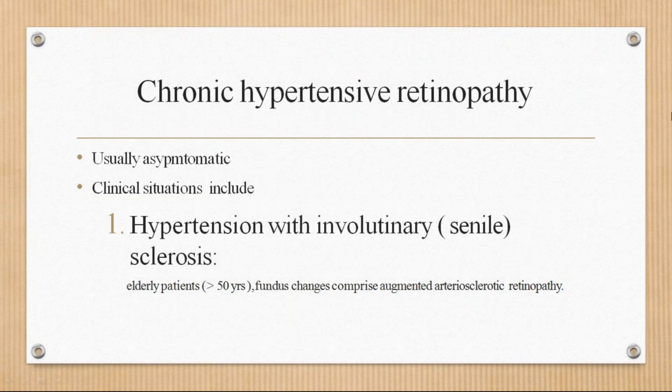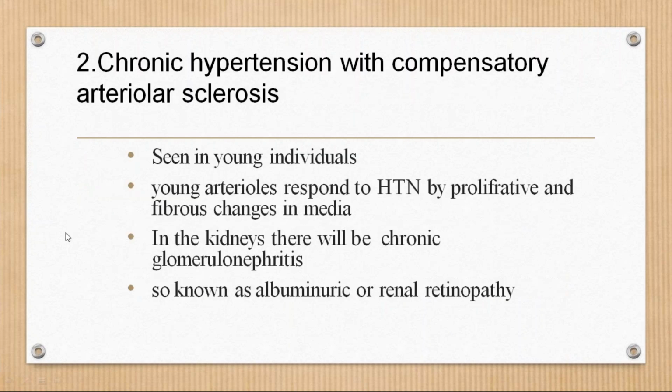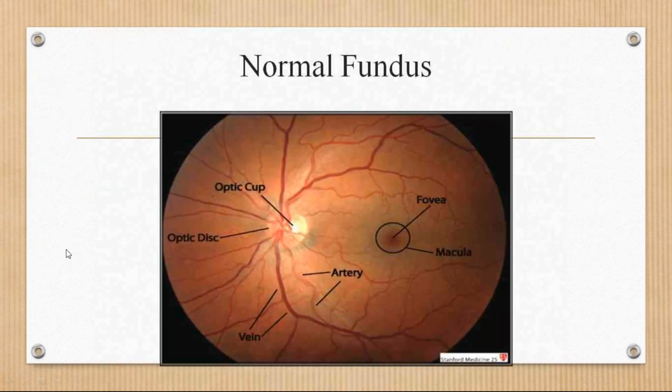Okay, so this one again is divided into hypertension with involutional or senile sclerosis, usually seen in patients more than 50 years of age who are having hypertension. So there will be atherosclerotic retinopathy. And the second type is chronic hypertension with compensatory arteriolar sclerosis. These two types come under,